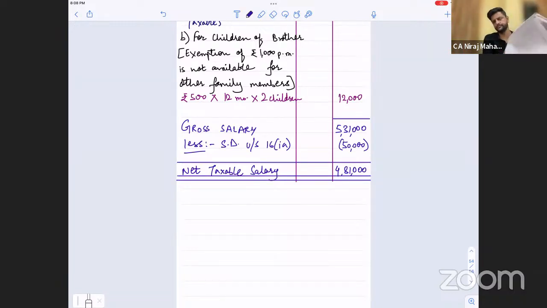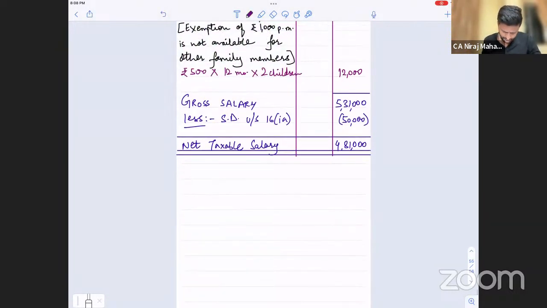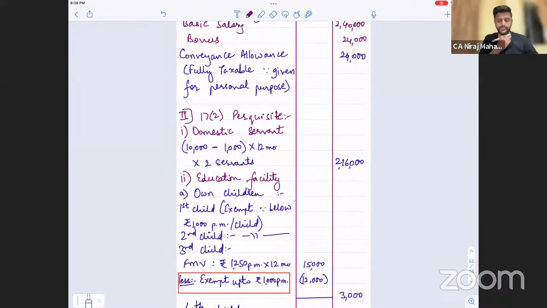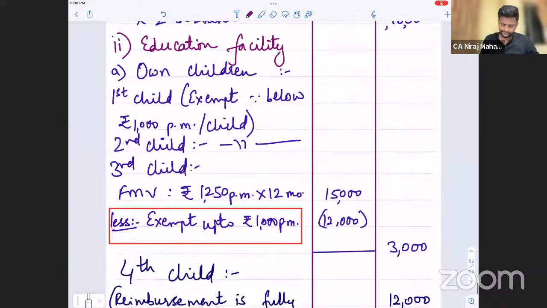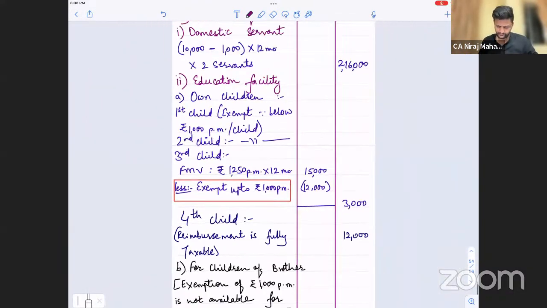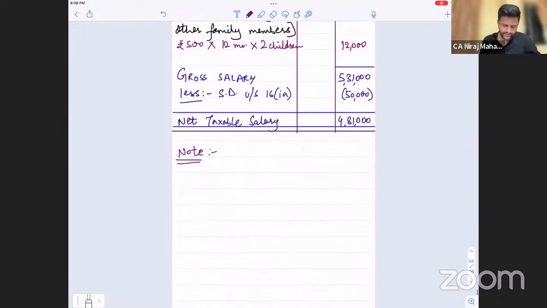Yes, tell you, all of you. I just write down one note over there. It is assumed that, see, because domestic servant also, and that education also, we are giving exemption and taxing also, no? So the education is only for specified employees. So write down, it is assumed that